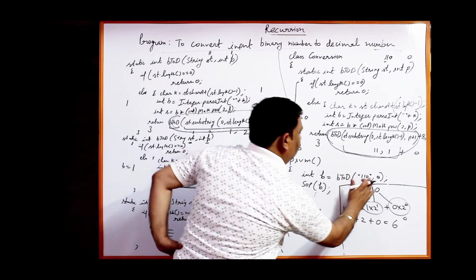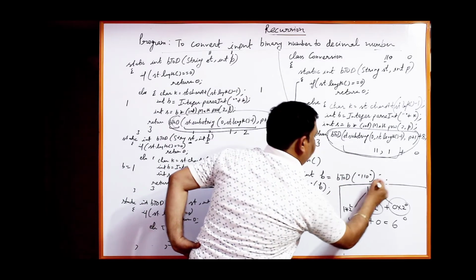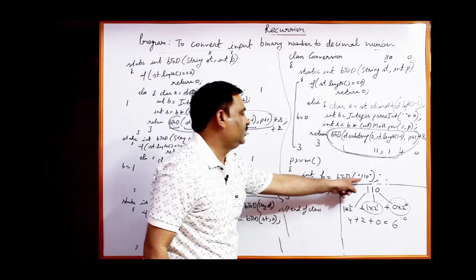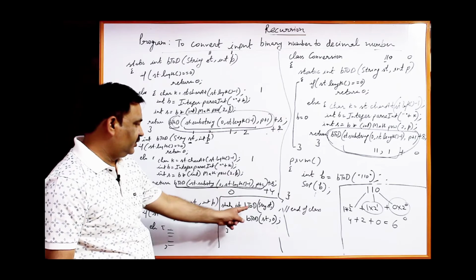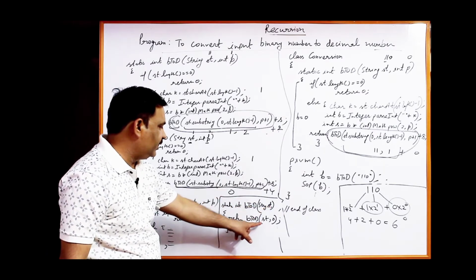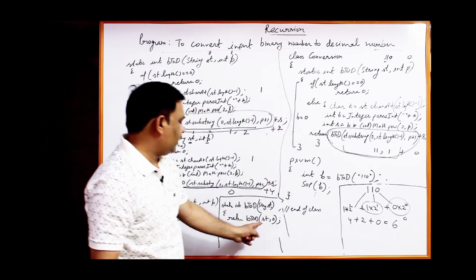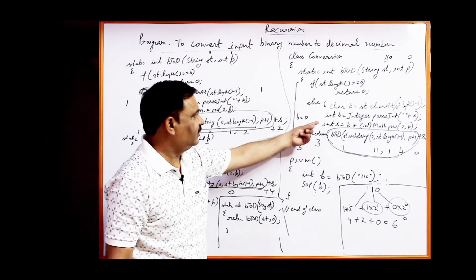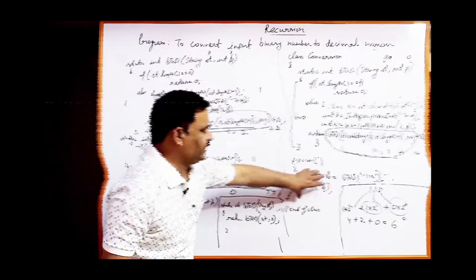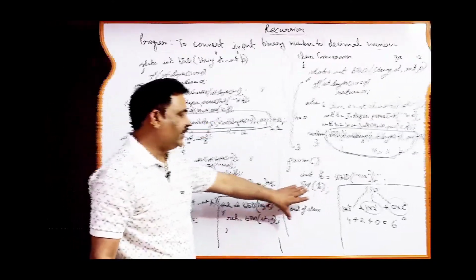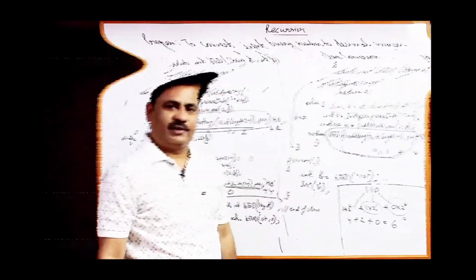From here now call only this one. So call the b2d function, this function will be called by passing the binary digits, and when you call this function b2d again, st comma 0 you have to pass here, then finally it will return to this function, this will return back to the main function, and finally the decimal number will be printed.